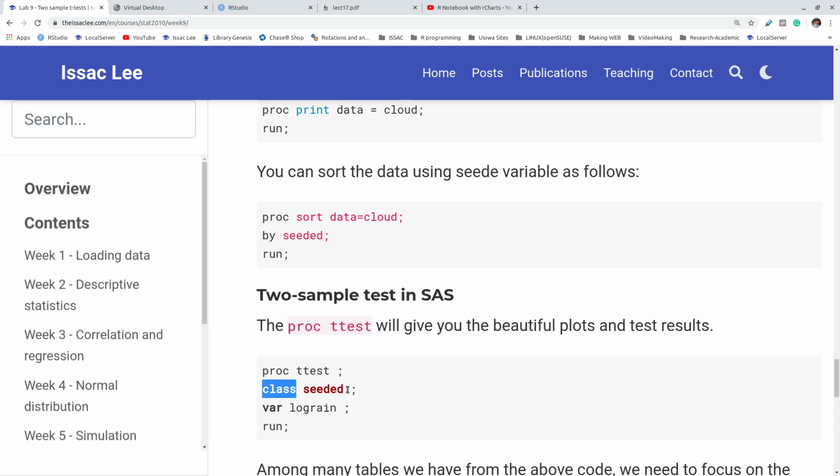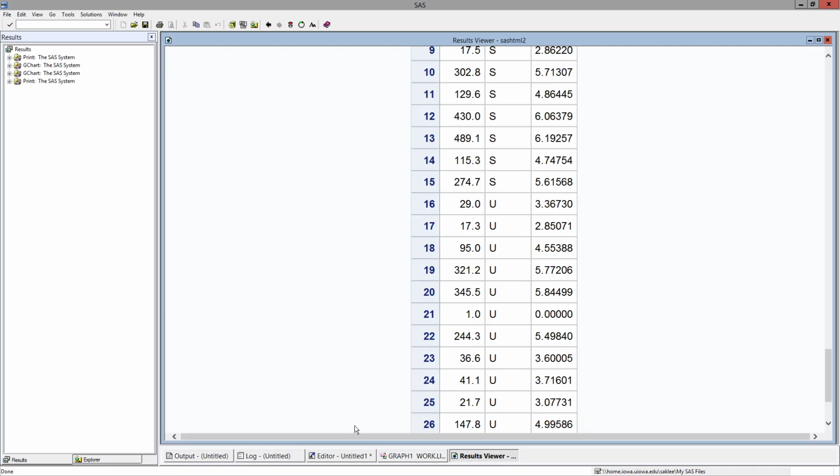So class seeded represents that, and our actual data is stored in log rain, not rainfall. So if we copy this and paste it into the SAS program,